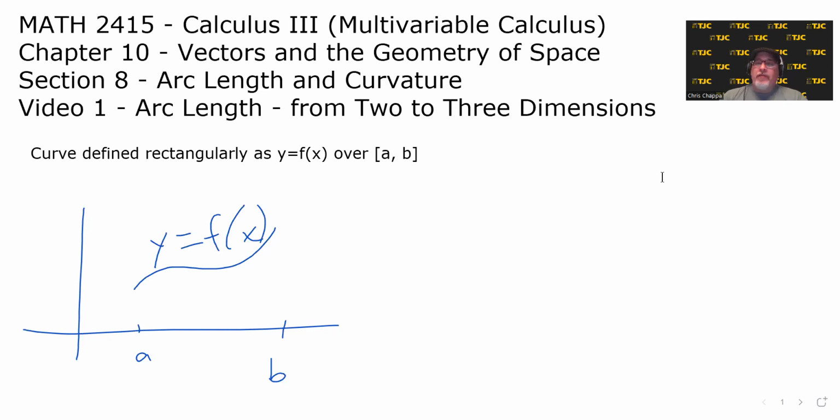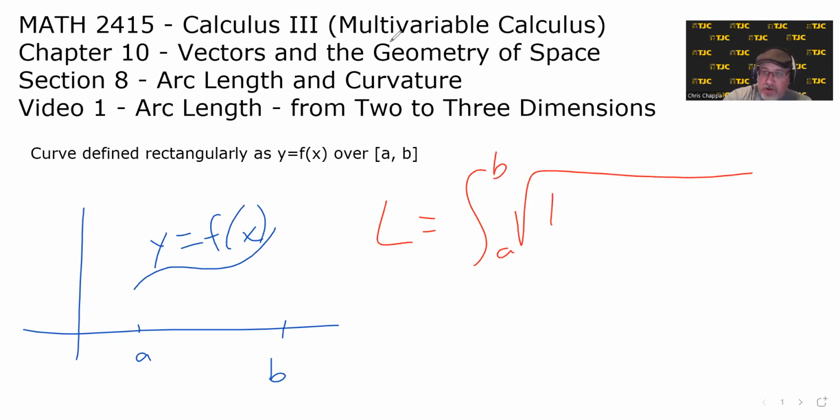Rectangularly, that just means we have a function y equals f of x over some closed interval from a to b, where we have a little illustration here. And the arc length is calculated as the integral from a to b of the square root of 1 plus the square of the derivative